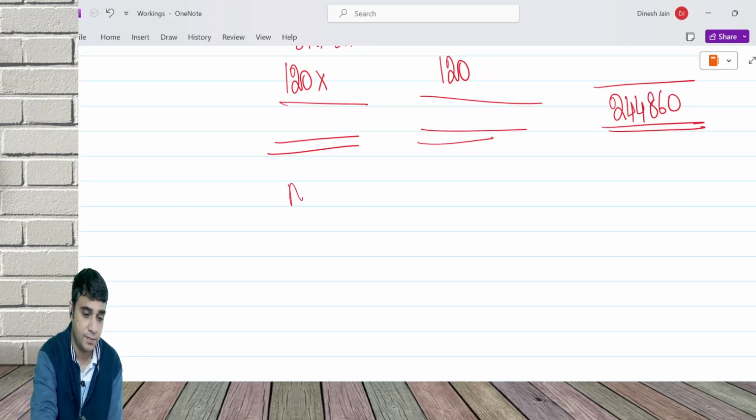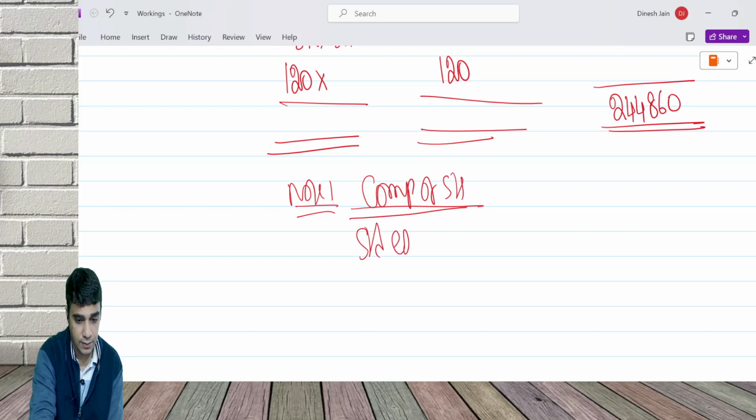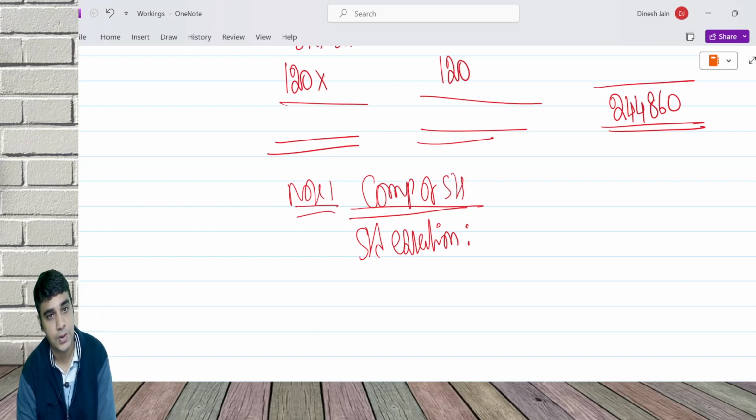Computation of SH. Standard equation. I've already told you the equation. Standard equation: how many hours is equal to how many units? Sorry? Where is 10 units coming? 10 units is raw material. 5 hours is equal to,